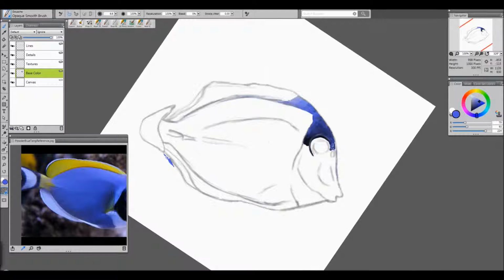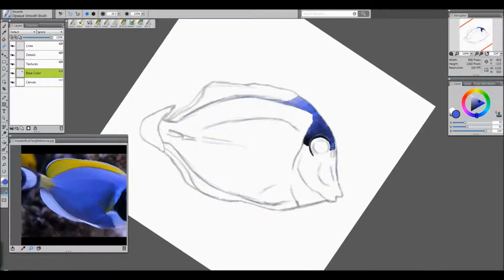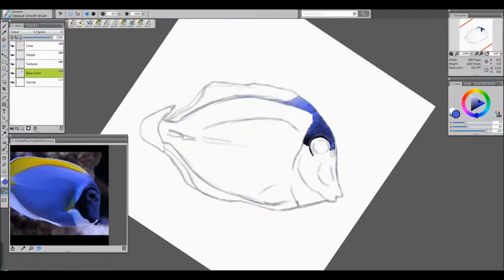Now I know you saw a little bit of that. I know you guys saw the base color, and that's where you're going to put in the color, just the color for your subject. You don't want it to be too specific. You don't want it to be too general. You want it to kind of fit